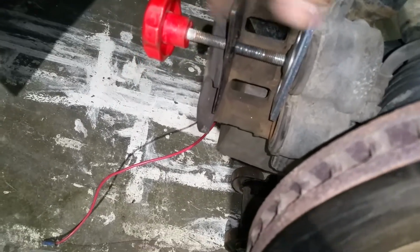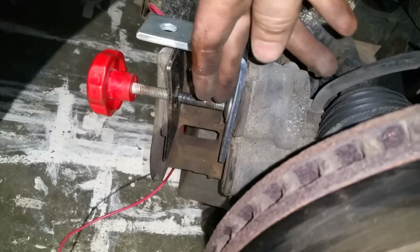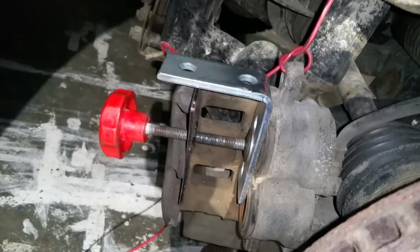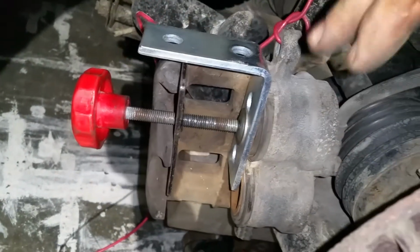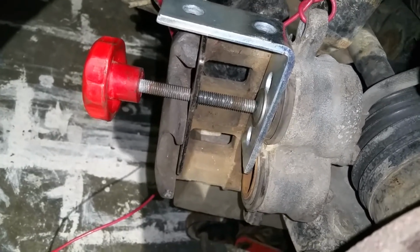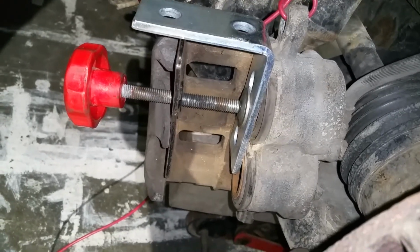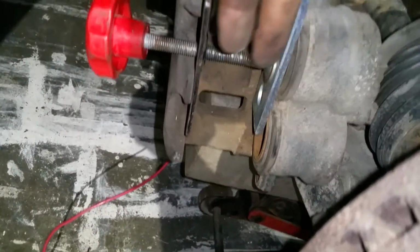And since today I have my caliper compression tool, I've used it. So instead of using this type of bracket, you can use any type of metal surface. Depends on the tool you use, but for this cheap one I had to use something. Usually I use the old brake pad as a surface against the piston, and I tightened it, and that way I pushed these two pistons. So you notice that the front caliper is double, because you need to apply more pressure, you need more braking action for this heavy side of the vehicle where the engine is located. So I pressed both pistons in,